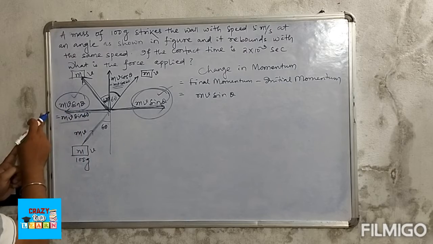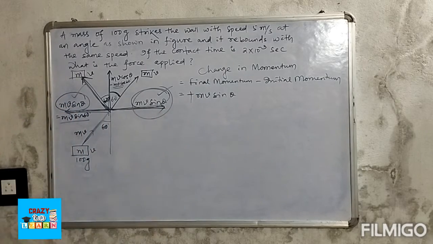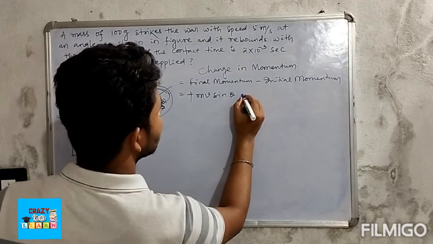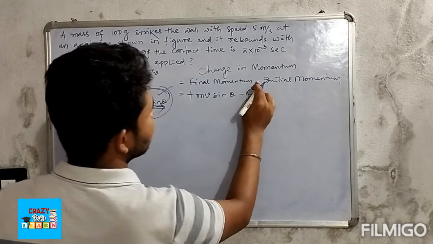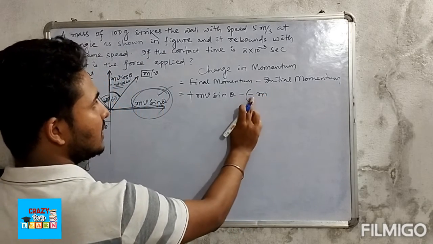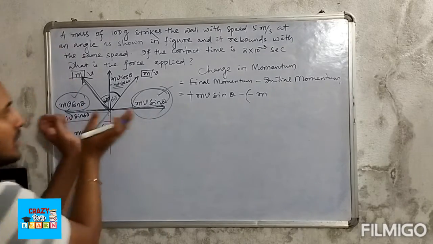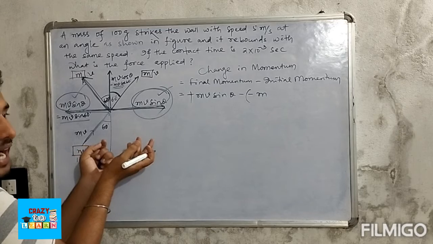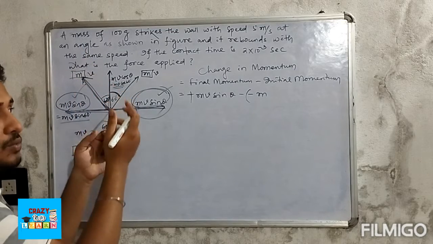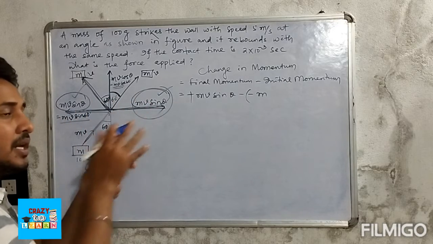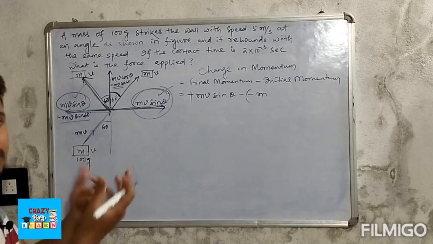This is along the right side direction, so we will take it as positive. It is along the left side direction, so we will take it as negative. So minus: this minus is for the operation and this minus is for the direction. They are both in opposite directions, so we have to add them. We studied this in relative velocity. When they are in opposite directions, we add. If they are in the same direction, then you have to subtract. In that way you can understand.